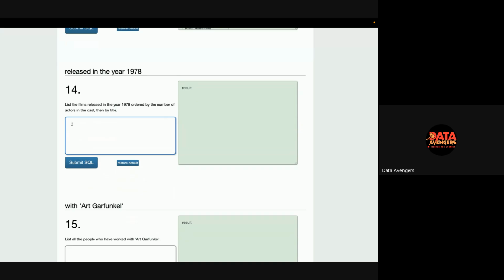Okay, so list the films released in year 1978 ordered by the number of actors in the cast, then by title. So select title, and then what do we need? Ordered by number of actors in the cast, so we need count of actors. From movie and casting it should work. So I think I need only movie and actor ID: count actor ID from movie where